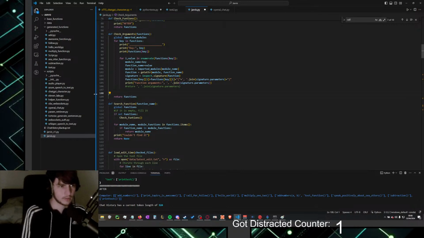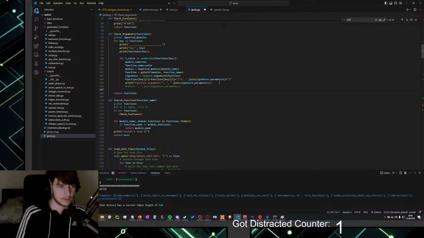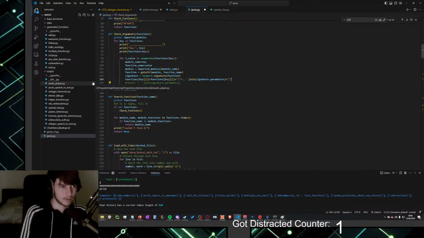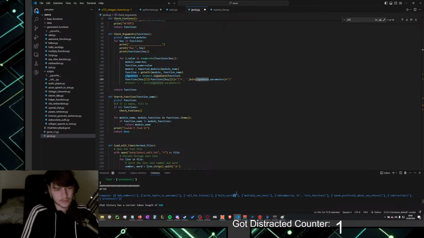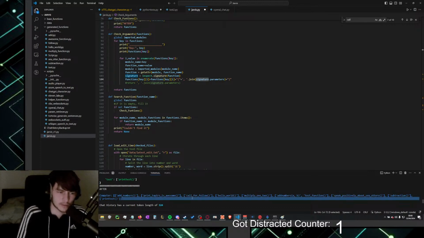I think we can accept that. Should I make a check for... Nah, I think it's actually fine if it also gets brackets at the end for functions that don't get arguments, because then it at least knows that they don't get any arguments.